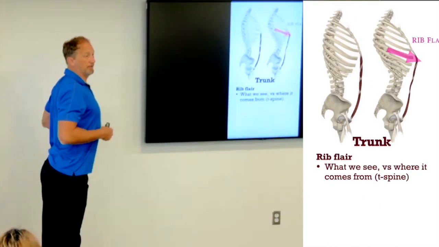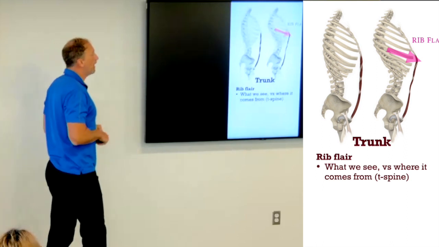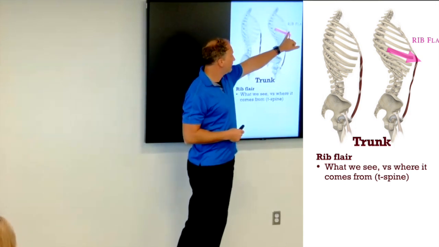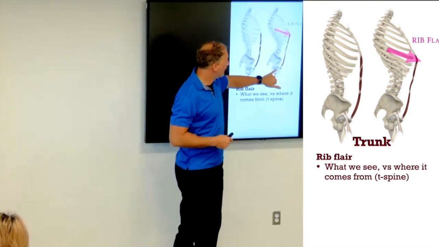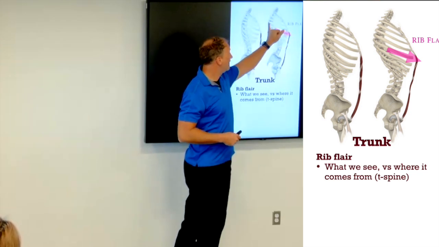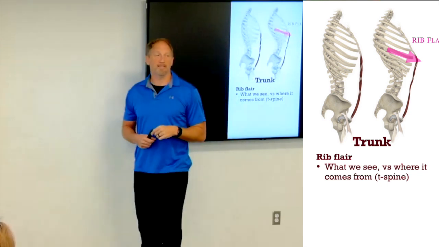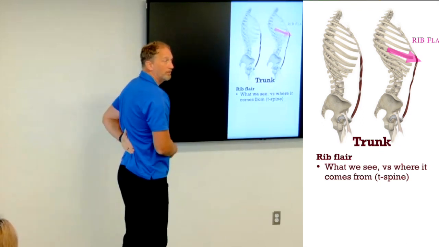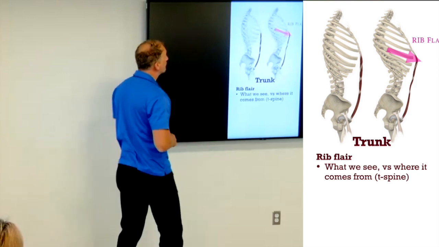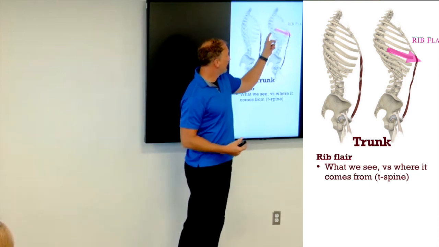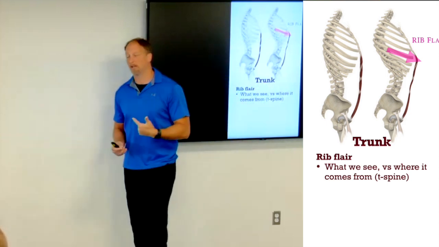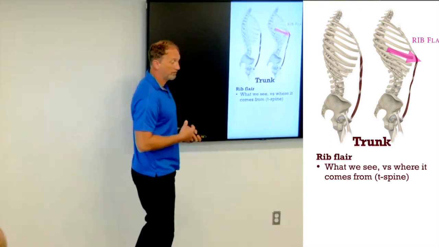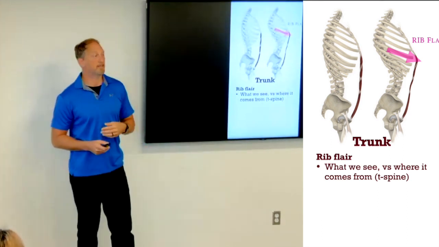Rib flare, the person that has the little riblets that stick way out. Basically, we see the rib flare, but what we don't see is what that does to the line of pull of the rectus, and what has to happen in the spine. We oftentimes see the giant rounding of the thoracic spine, but we don't appreciate what's going on in the lumbar spine or at the pelvis. And once again, if all we do is address the thoracic spine and not address the lumbar spine, not address the pelvis, not address the rest of the two fascial lines,